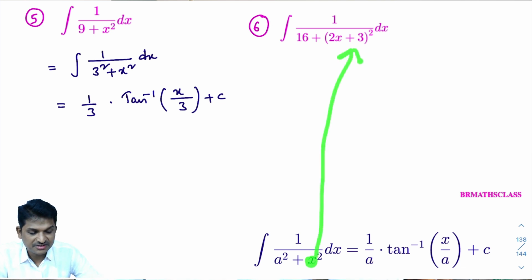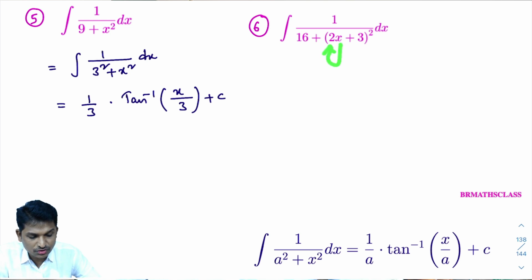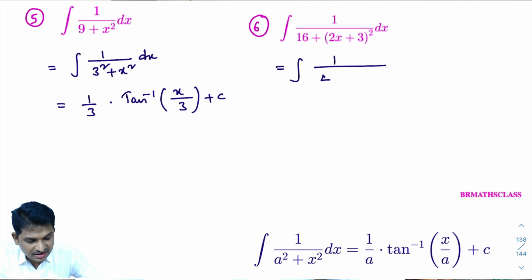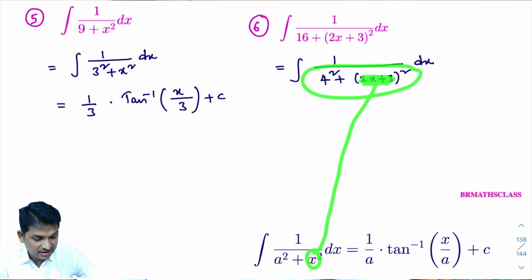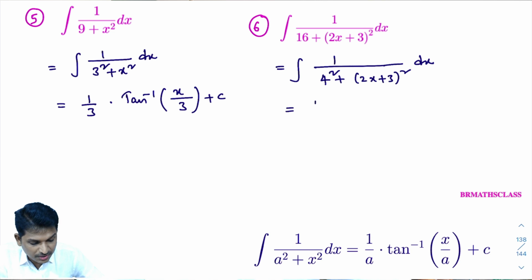if ax plus b is present, then its answer starts with 1 by x coefficient. Look here, what is 1 by x coefficient? x coefficient is 2. Here, first thing, I will write this in the form of a square plus x square. Here 16 is there, right? 16 can be written as 4 square plus 2x plus 3 whole square dx. First point, it is of the form a square plus x square dx. In place of x, here ax plus b is there. Then how to write its answer? Its answer starts with 1 divided by x coefficient. Now, what is x coefficient? x coefficient is 2. Okay. Its answer starts with 1 by x coefficient. 1 by 2 into,